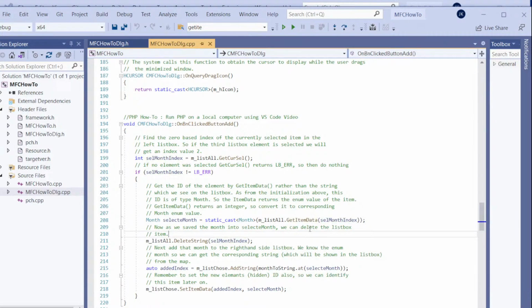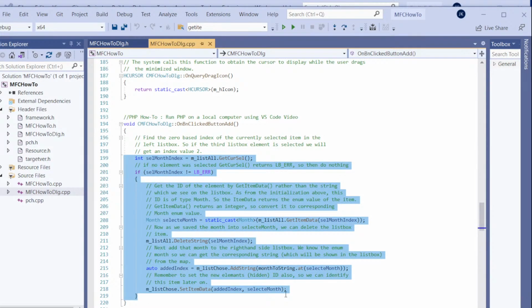Get item data. This one takes reference. No, not reference. Index. Get item data. Yes. Aha. Okay. Get current selection. Yeah, this is the logic we need to do. So I'm gonna just copy all of that and